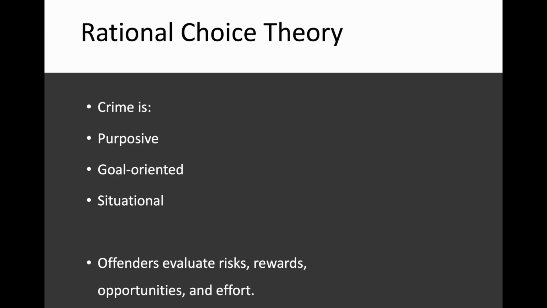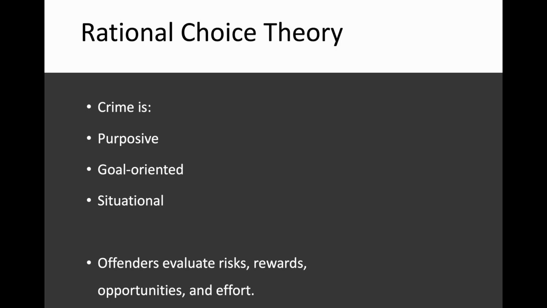Now, another major contribution of rational choice theory is that it recognizes crime-specific decision-making. Crime involves different calculations. A person committing corporate fraud may engage in extensive planning and long-term cost-benefit analysis. A street robbery may involve much shorter decision windows. Drug offenses, cybercrime, vandalism, terrorism, and domestic violence may each involve different forms of rationality and different situational pressures. And this is why rational choice theory became increasingly nuanced compared to early classical criminology. Rather than assuming that all offenders think identically, rational choice theories acknowledge variability across different offense types and contexts. And I would say that this is one of the theory's greatest strengths.